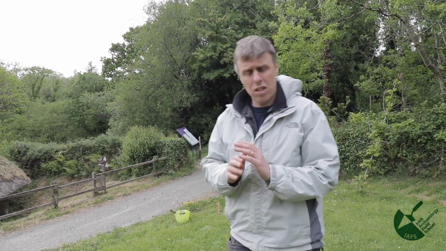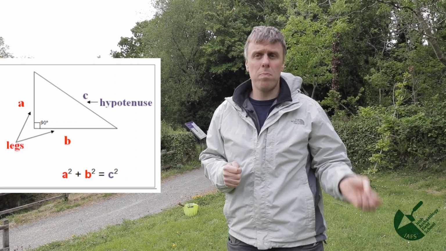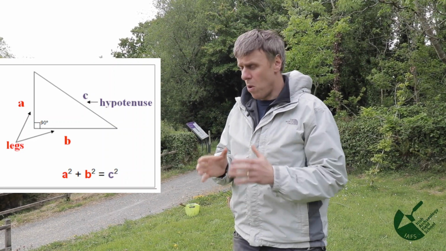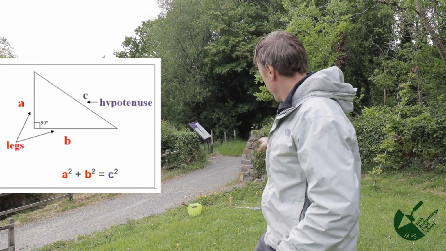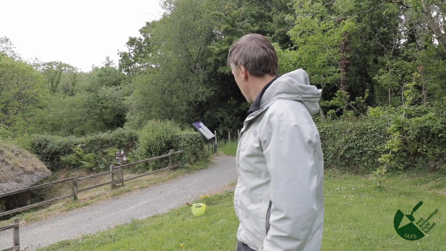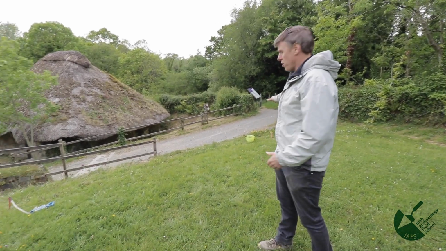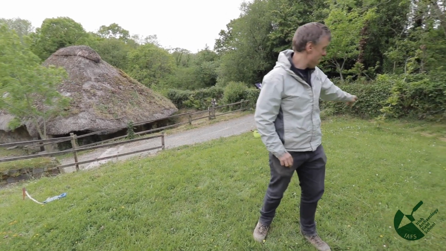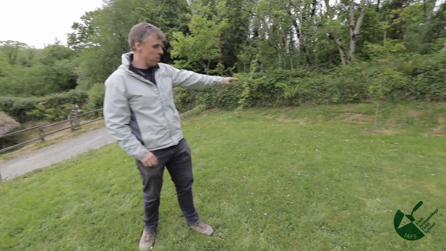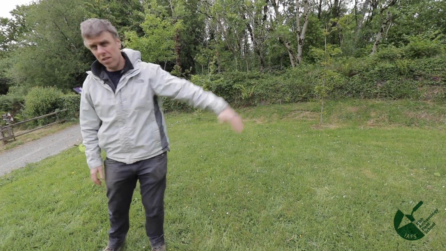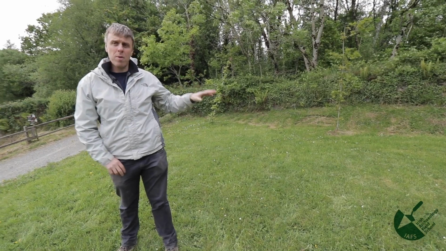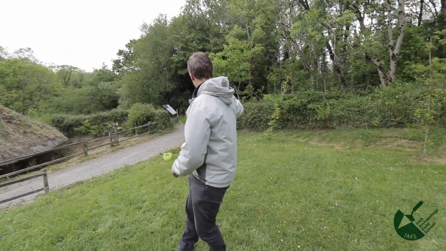Setting out with tapes is extremely simple. It's based on simple school maths, or the Pythagorean theorem, which is a squared equals b squared plus c squared. So on this site, we want to put in a 5 meter grid. So this is our a squared, okay, which is 5 meters apart. We'll be putting our b squared up this way, another 5 meters out. So of course our diagonal coming across has to be a and b and the square root of it. So if this is 5 and that's 5, 25 plus 25 is 50, and the square root of 50 is